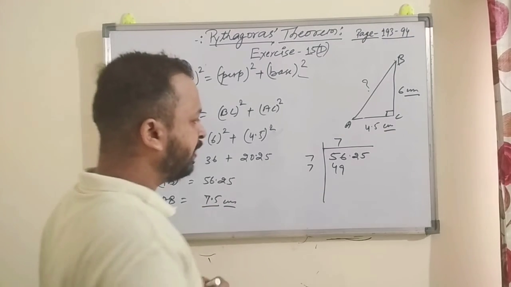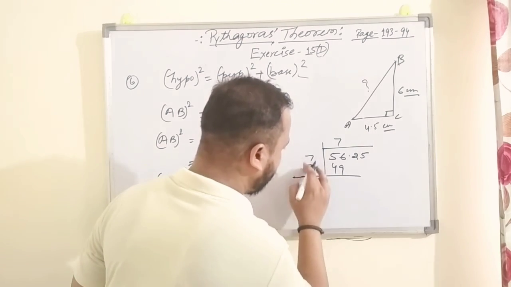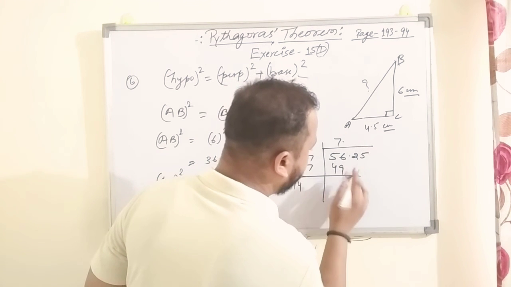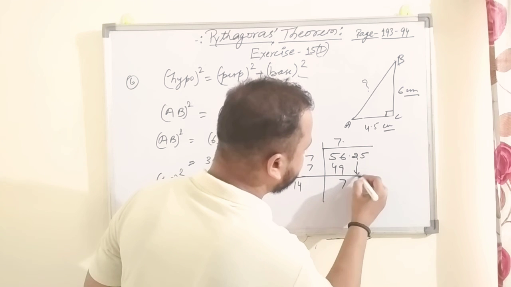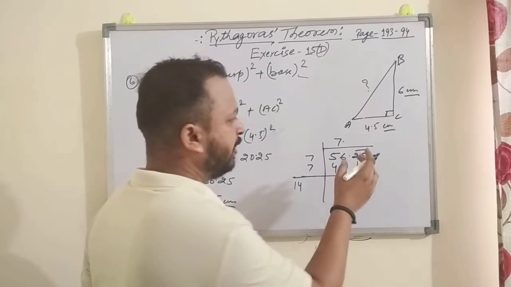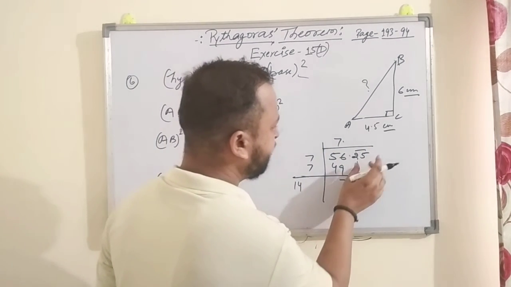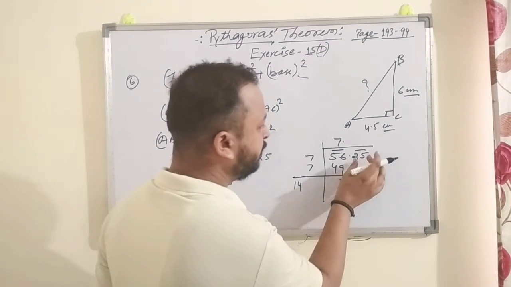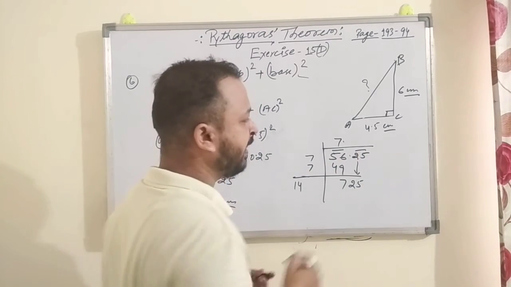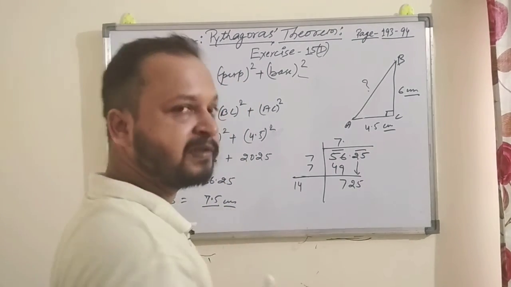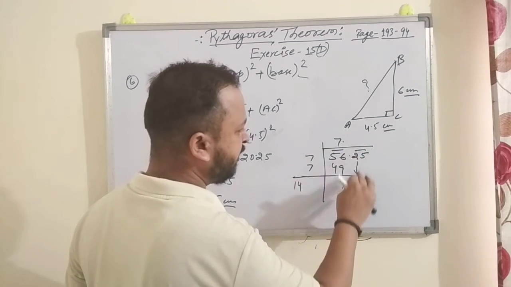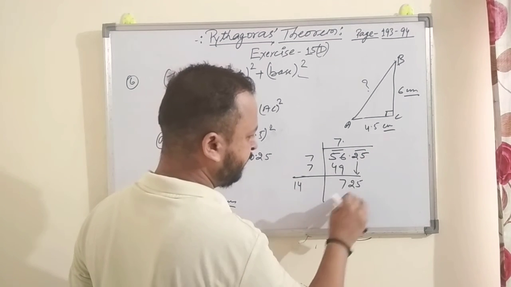This is the quotient. So 7 plus 7, add them, that is 14. And here put the decimal point. Just take 25 here, because first I forgot to tell you all that we make pairs of 2, right? And we make pairs of 2 from the right hand side towards the left hand side, right? So here one pair. So put the decimal here, and these 2 numbers come below, 725.